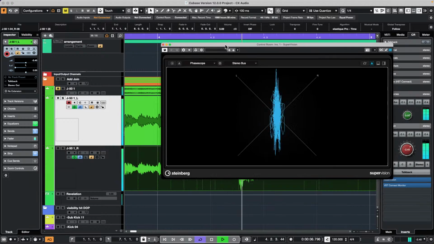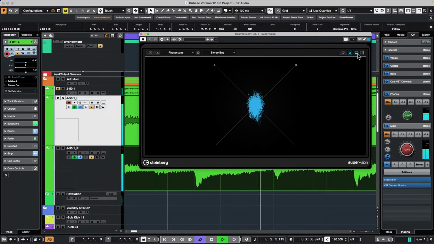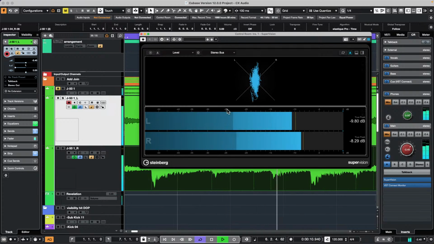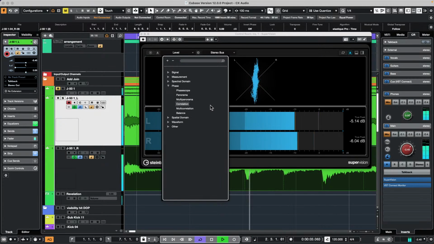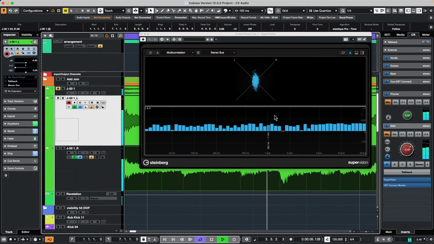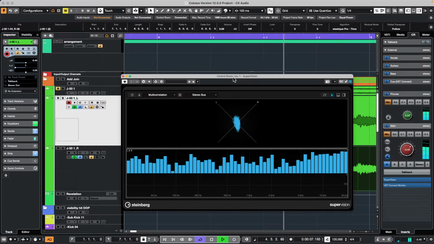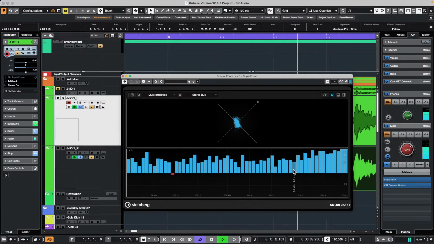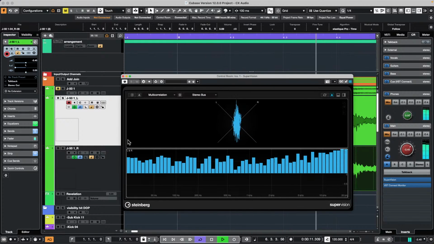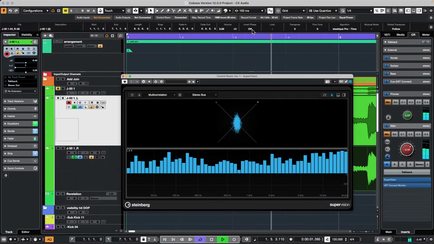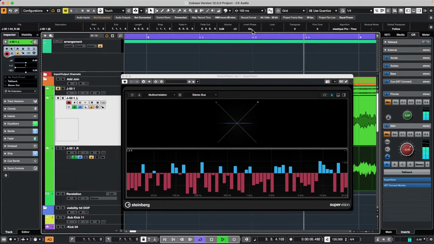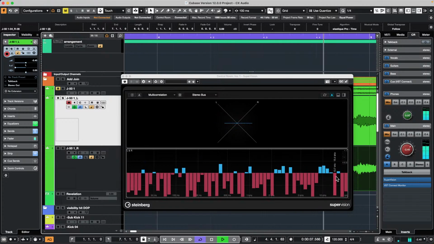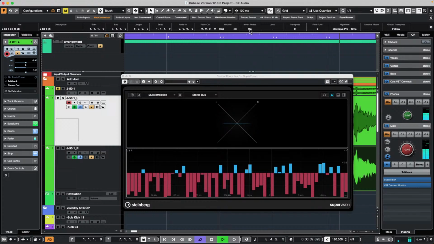And we could also add some other phase meters. If we want to see if there are particular frequencies that are out of phase, we could come over to a multi-correlation. So if we watch this, right now we have a very healthy phase relationship. We see all these positive, but when I flip the phase or polarity on a particular channel, we can see that these frequencies in red are